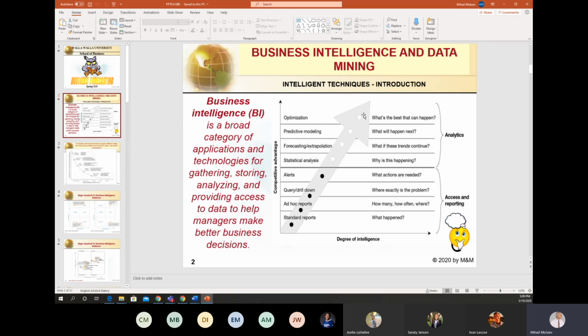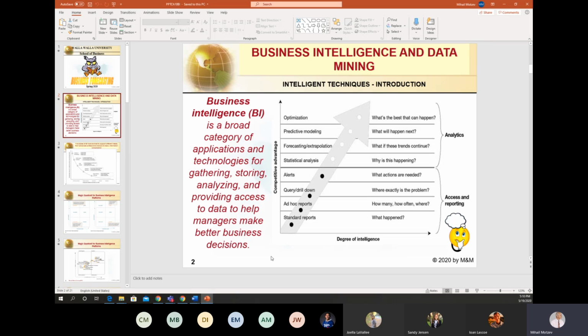If we use this chart introduced by Davenport at the beginning of the 21st century, we can say that the first group, access and reporting, is what some people consider to be business intelligence. And the upper part, the most advanced part, is referred to as business analytics.